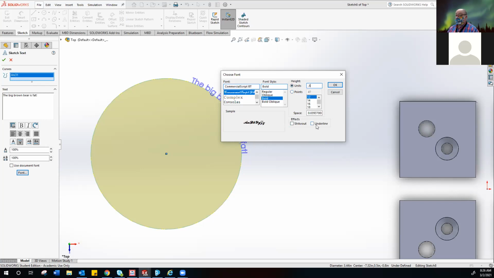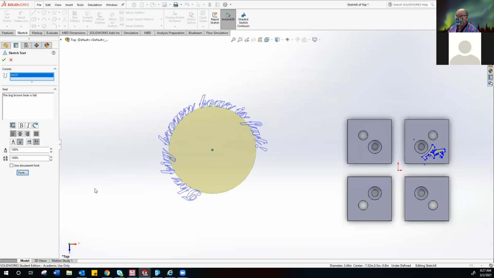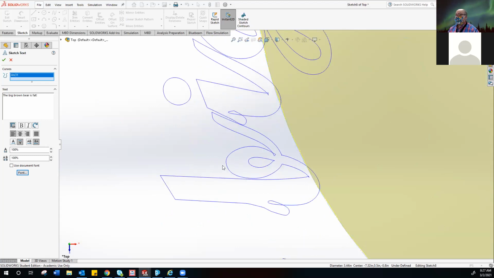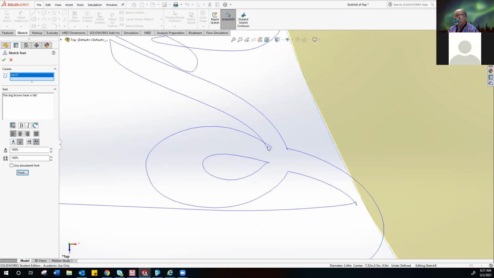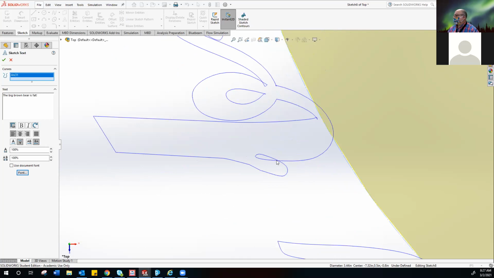So we can also do strikeouts and underlines, but that's again for editing text as a way of marking up and giving information. What I want to do is look at this font here specifically. So I'm just saying, okay, wow, that's very fancy. Cool. Fancy font is good, but I want you to look right here on the word big. Okay, so here's the word big, and this font, as fancy as it is, can never be a 3D element. One of the areas is right here on the B, there's a loop here that crosses,